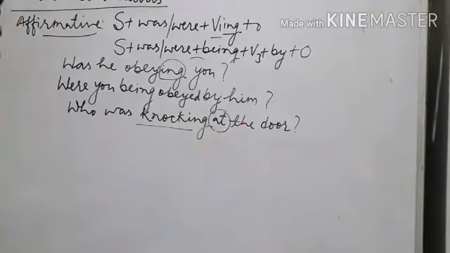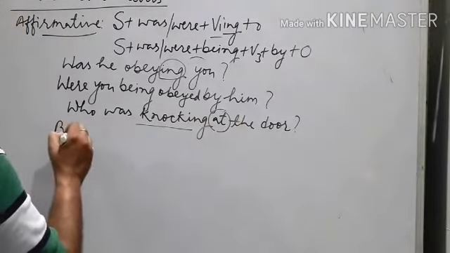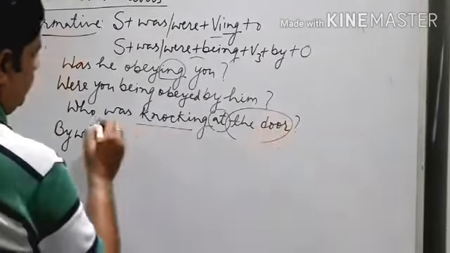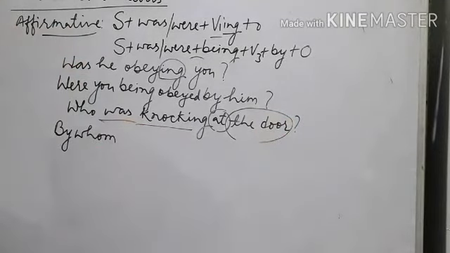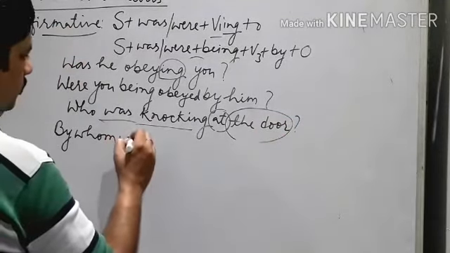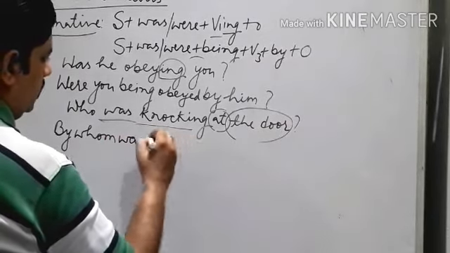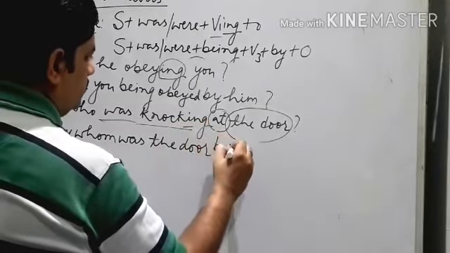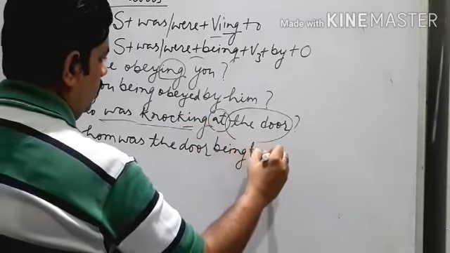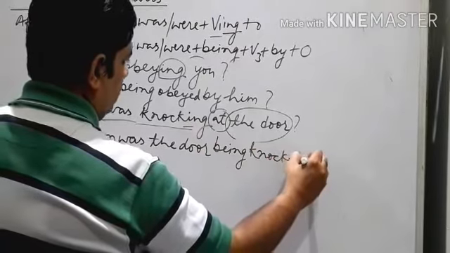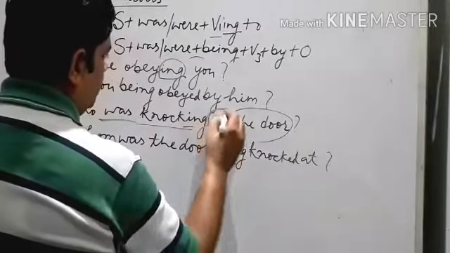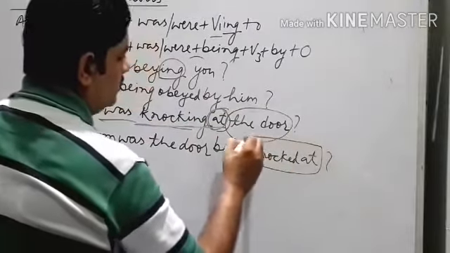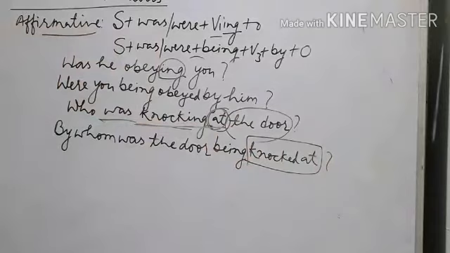We'll see here. So, who will be converted into "by whom". Then, according to this object, we use helping verb here. The door, it is singular. By whom was the door? Now, I am being knocked at, third form. See, I told you, preposition will not leave its position. It will be there with the verb.